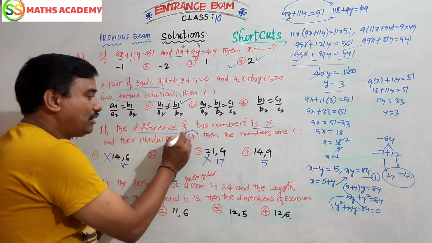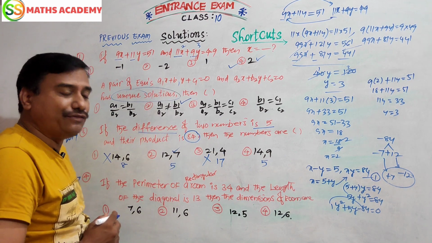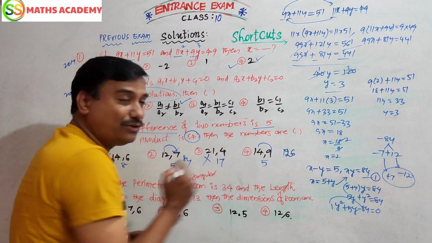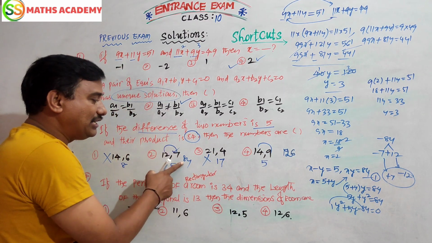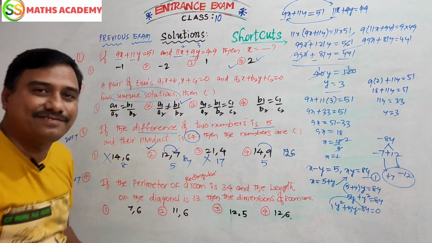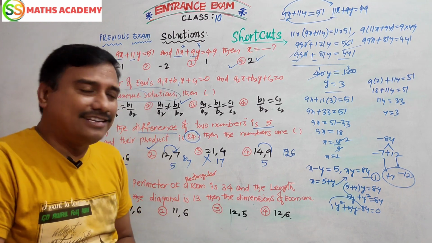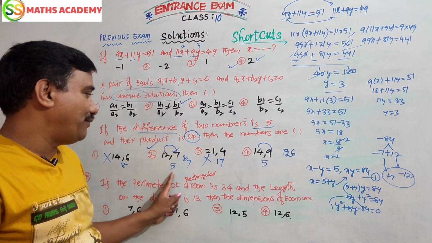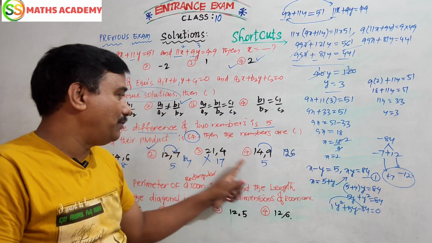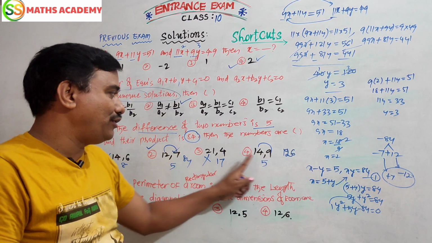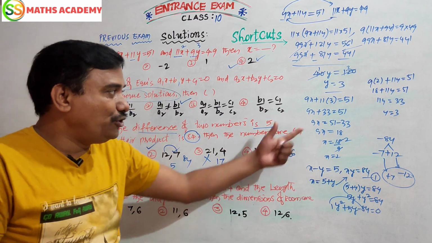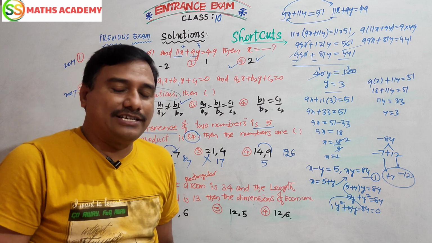Next condition. Product of these two, 84. 12 into 7, 84. 14 into 9 is 126. So 84 only tallies for this option. That is the answer. That's it. Okay? Difference of two numbers is 5. Here 12 minus 7 is 5 only. Here 14 minus 9 is 5 only. But here product is 84. Your product is 126. So the perfect answer is the second. No need to do this kind of solution like a traditional method.